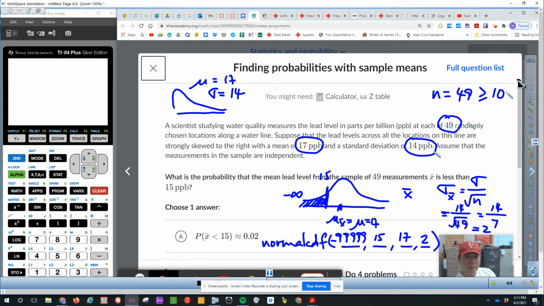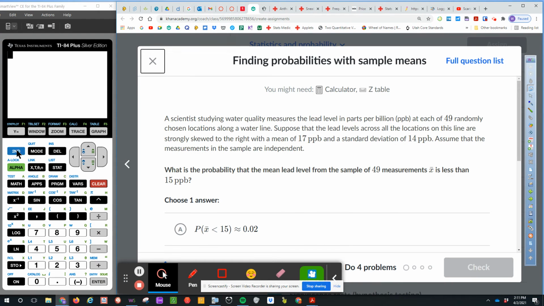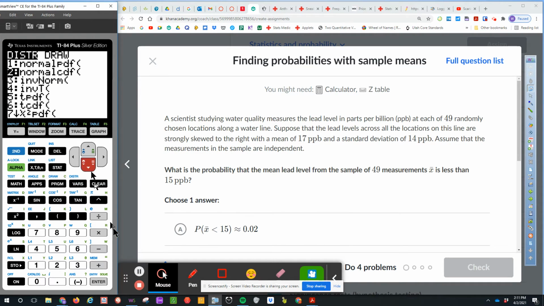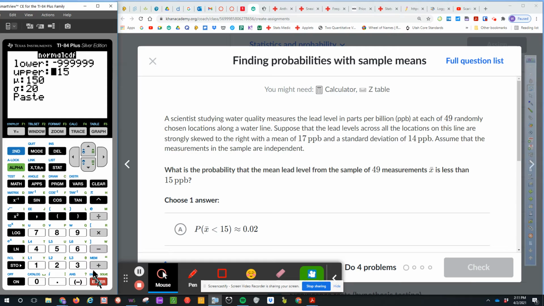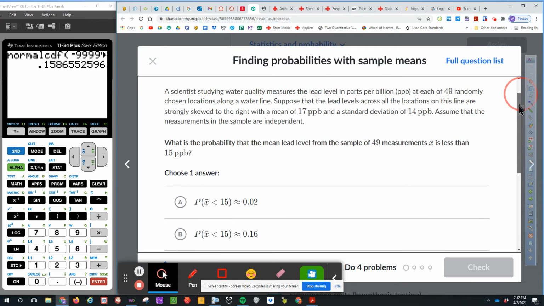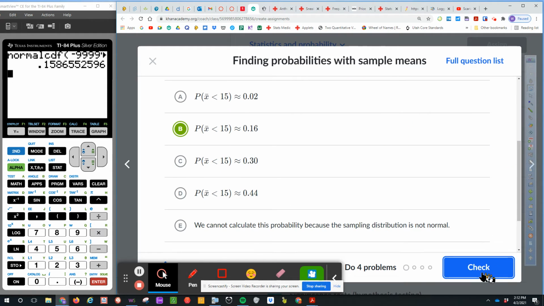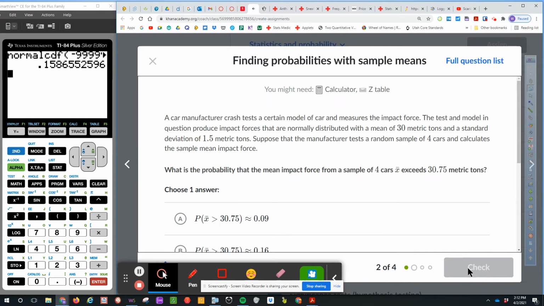Okay, so if you go to the calculator, if you go to second bars, now we need to go to normal CDF. The lower bound is negative 999, and the upper bound should be 15. The mean should be 17. Standard deviation is 2. So it's about 0.1. We're supposed to round this to the nearest 2 decimal places, so it's 0.16. Let's see if we have any answer like that. There's one right here, 0.16. Okay, so